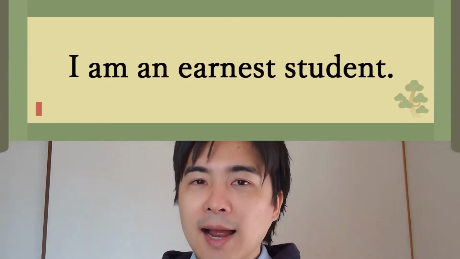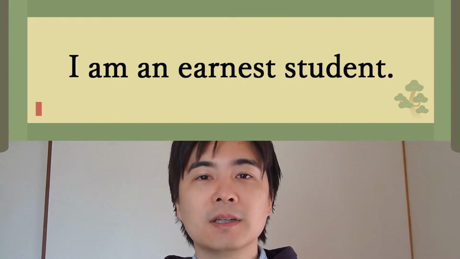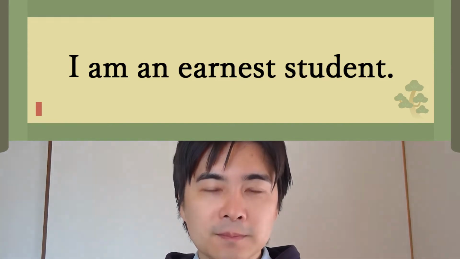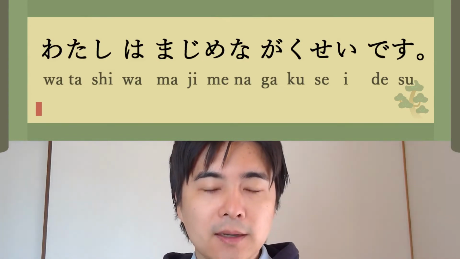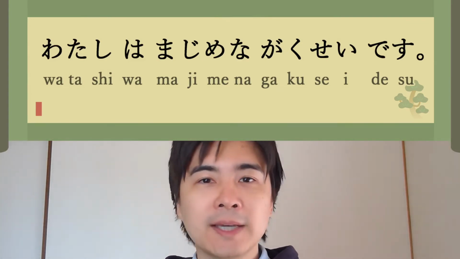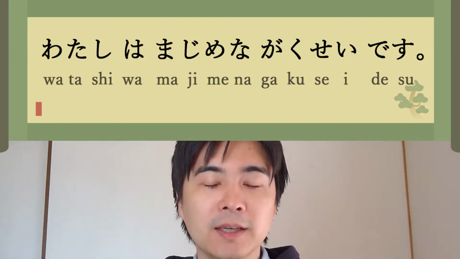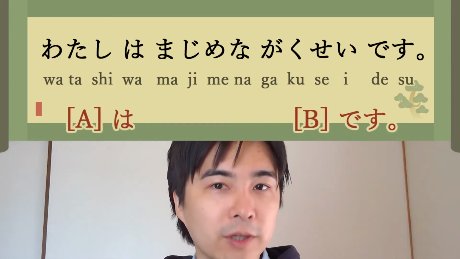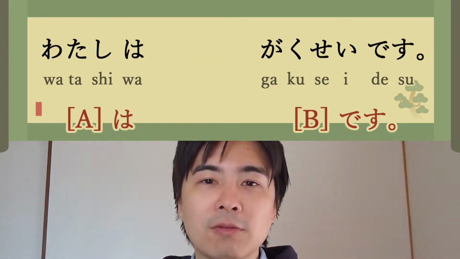How do you say I am an earnest student in Japanese? If you want to think for a while, please stop this video. And the answer is 私は真面目な学生です。Do you remember the most basic sentence pattern of Japanese? It's A は B です。And as we have already learned in the previous chapter, I am a student is 私は学生です